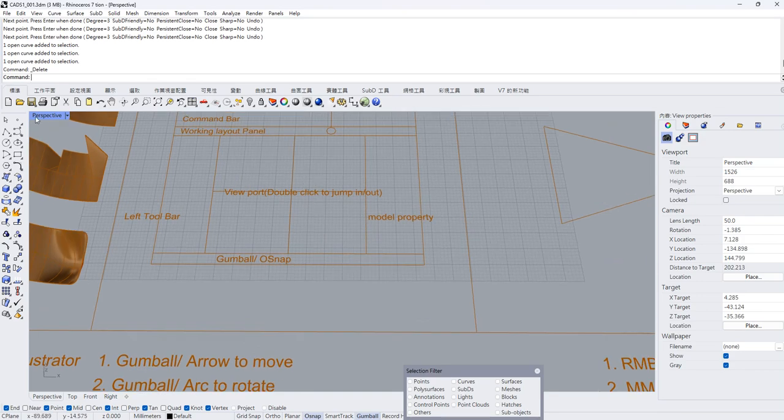So the first one, right now we are in the perspective view. If you want to jump to the right view, left view, or side view, because when we are working on your model, when we are working on your product, sometimes